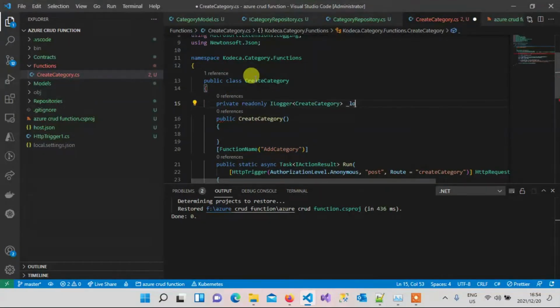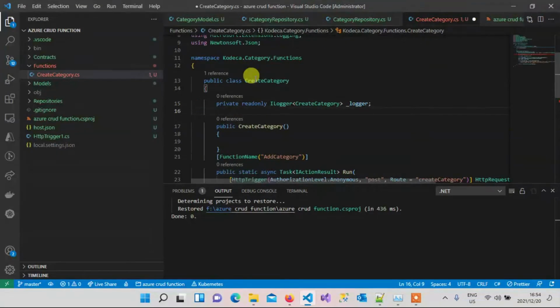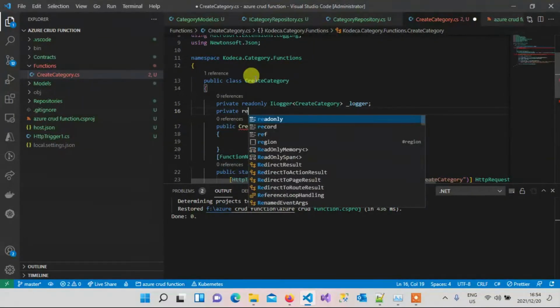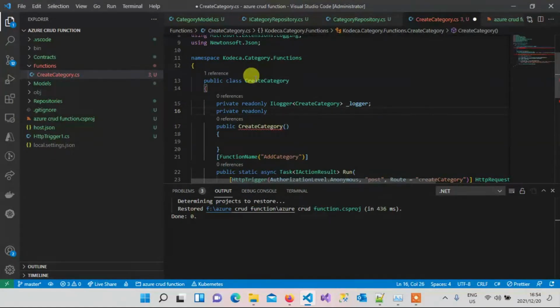So logger, and then we're also doing dependency injection to our repository, which is